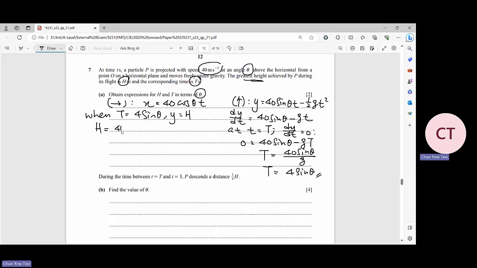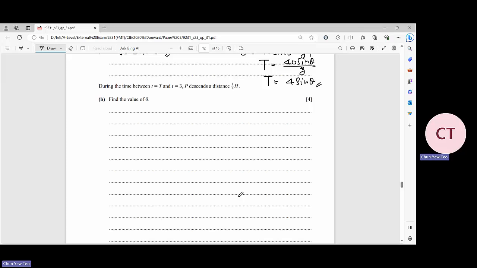So h is equal to 40 sine theta times 4 sine theta, minus, since I changed the g to 10 already, this one will be 5t squared. So over here you get 160 minus 80. Okay, so you get 80 sine squared theta. That is your h in terms of theta. Done for 7a. Okay, now we go for